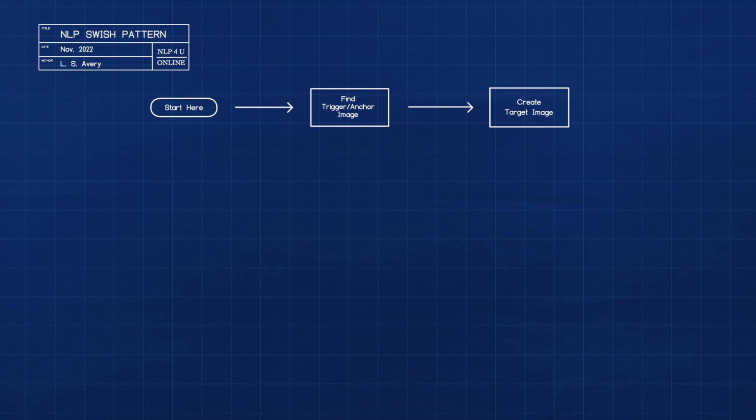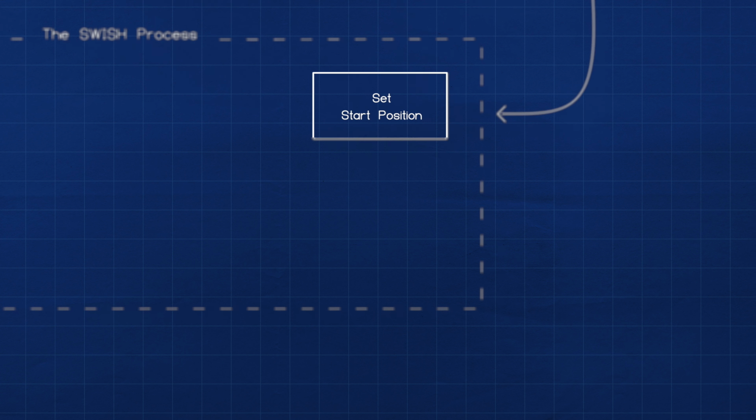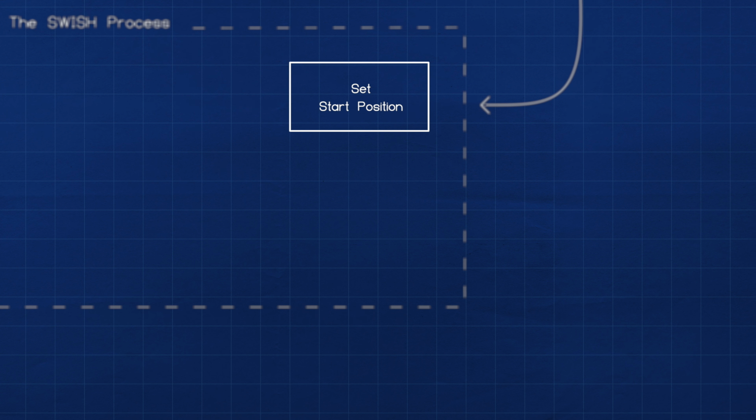Once you have the current anchor image and the idealized target image, it's time to do the swish process. The swish process itself consists of looping 3 steps in rapid succession and checking progress as we go. Set the start position. The start position of the swish process consists of the fully associated anchor image with a tiny embedded version of